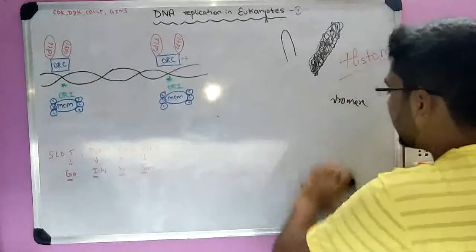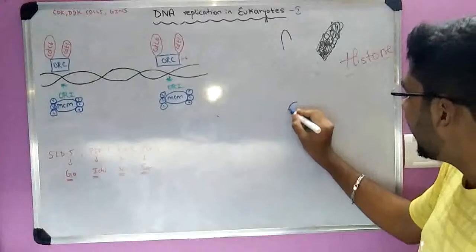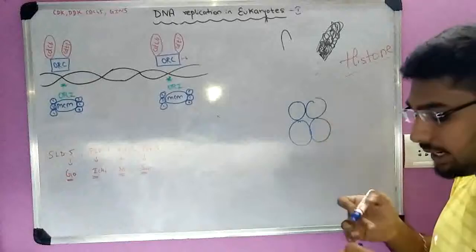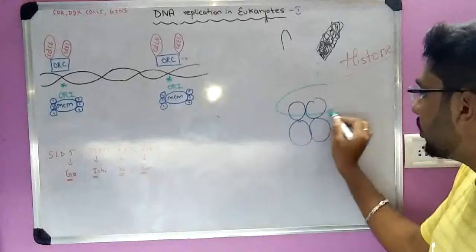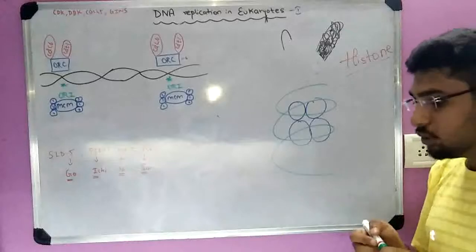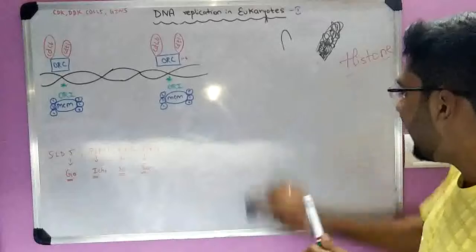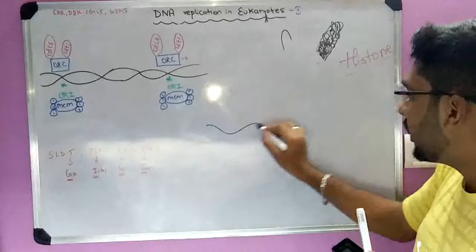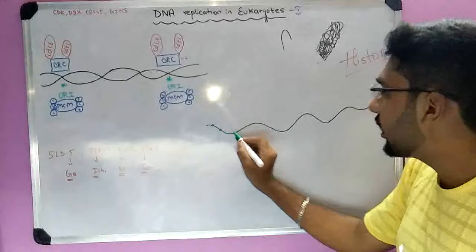So how is it coiled? I'll just show you the pictorial representation. If this is your 8 subunits, 4 subunits are on this side, and 4 subunits are on the other side. Imagine a 3D structure, and this is your DNA strand. So it coils like this. This DNA strand coils around the 8 subunits of the octamer. If you see it in electron microscopy, you will find a region like this. If this is your double-stranded DNA, here and there are your octamer units,